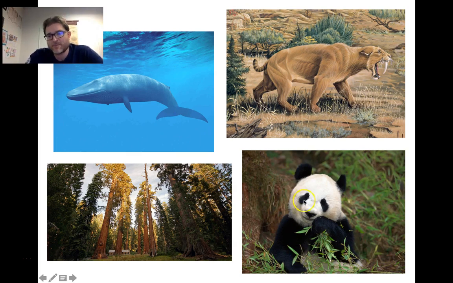Similarly with panda bears. Or what if you want to do the fundamental niche for an extinct animal like the saber-toothed cat? You can't grow saber-toothed cats under different conditions and see which ones they live in and which ones they die in because they're dead. So it's a problem. What are you going to do to figure out the fundamental niche? Kill a bunch of pandas? Of course not.